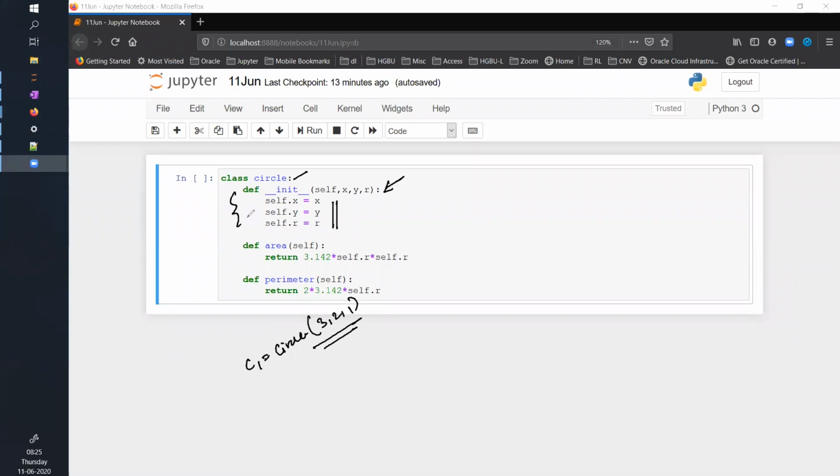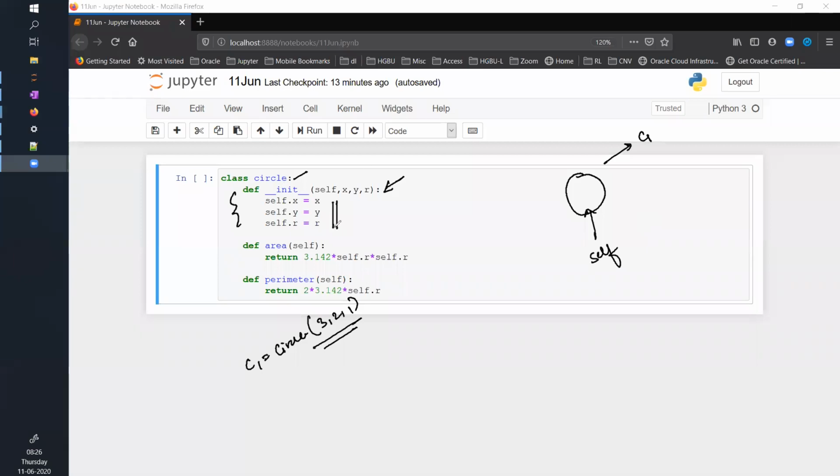Now, you can think of this def init function as creating an object in the space, which to the outside world will be called C1. Inside this class, it will be referred to as self.